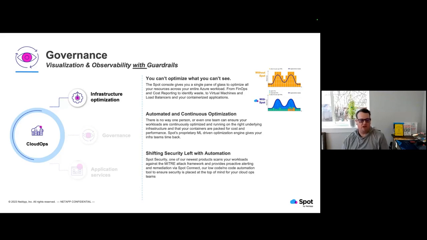That machine learning algorithm that we talk about gives your infrastructure teams important time back, allowing them to rapidly innovate and do things that are more substantial and visible to your organization without having to manually manage that infrastructure by hand. And then we take the approach of shifting